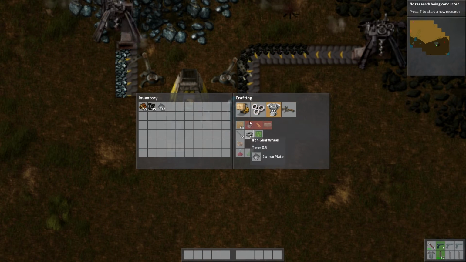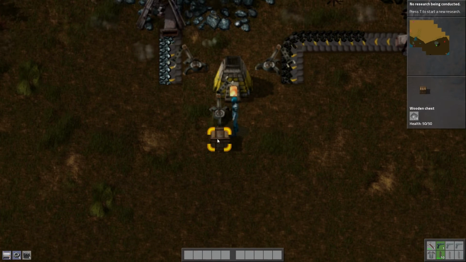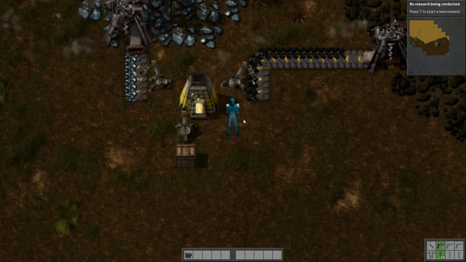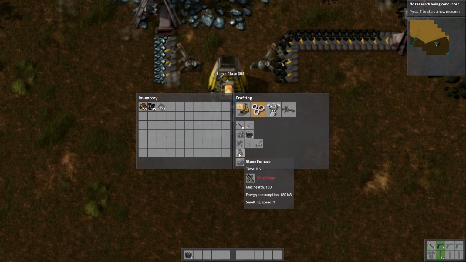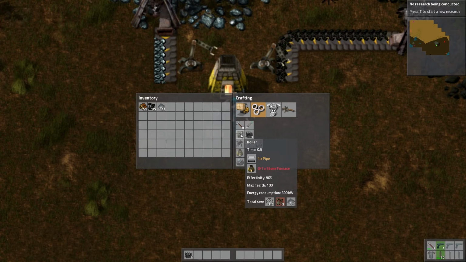Alright, anyway, what I want to do is boilers to heat water and steam engines to, well, boil water? No, the boiler heats the water up. The steam engine has a turbine that makes electricity from the heated water. You'll see. So we've got one steam engine. We'll need some boilers. So I'm going to need...